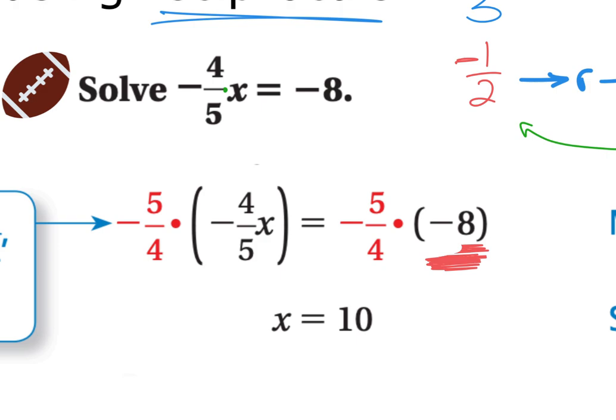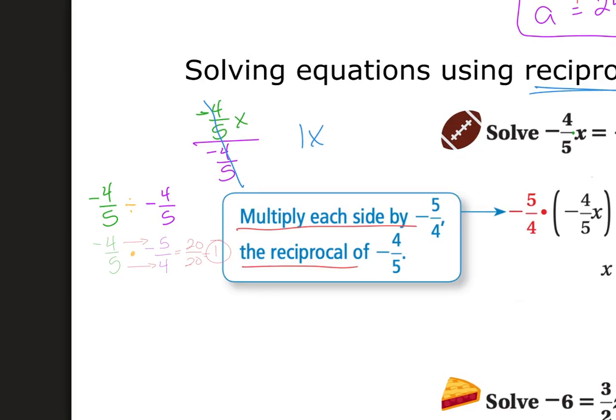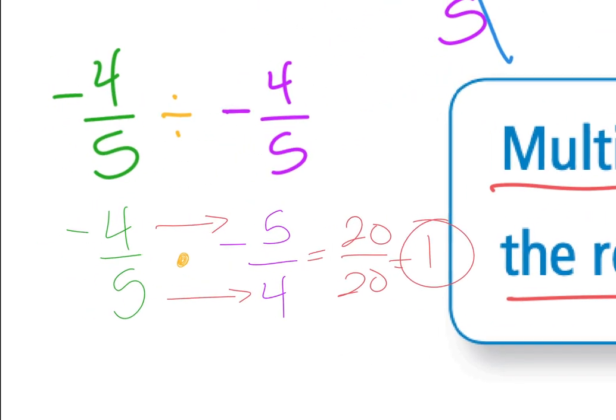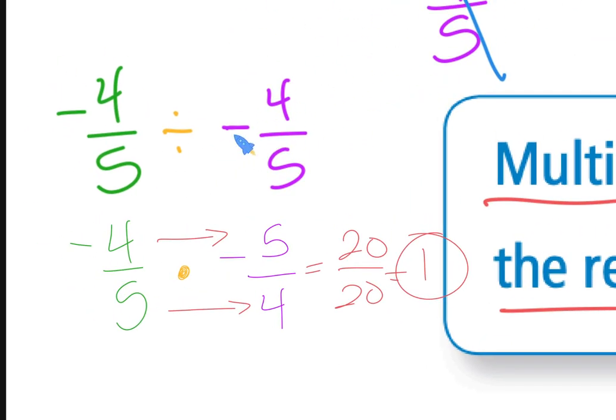Now, if you're like, well, wouldn't I be dividing it? Yeah, I was trying to show you that dividing by that number is multiplying by the reciprocal. Look, there's the reciprocal. We divided by this number, and it turns out that we are multiplying by the reciprocal,